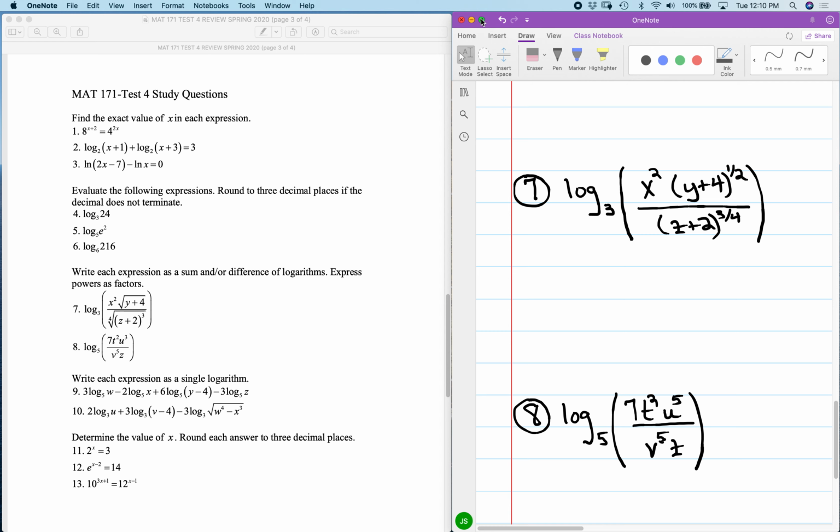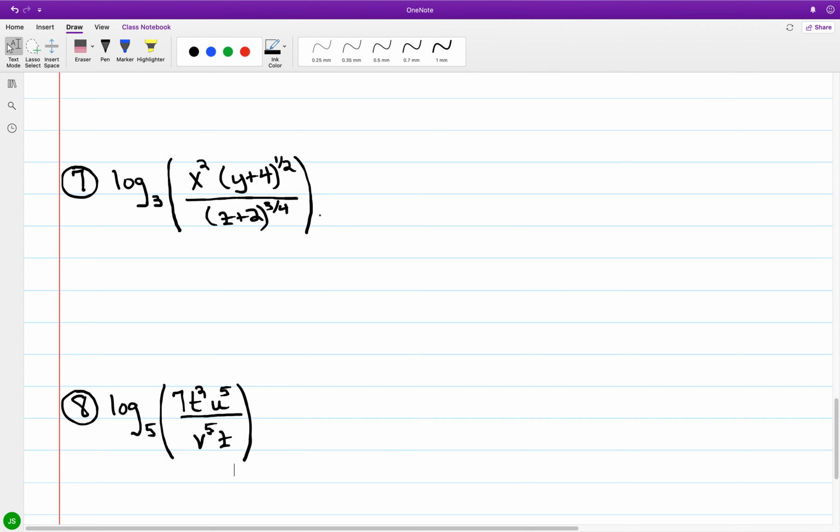Now, for number 7, rewriting the radicals as non-integer exponents, we have x squared times y plus 4 raised to the 1/2 all over z plus 2 quantity raised to the 3/4. Again, once we expand, any factor that is at the top will result as a positive logarithmic term. Anything that is in the denominator will result as a negative. So we have with our first